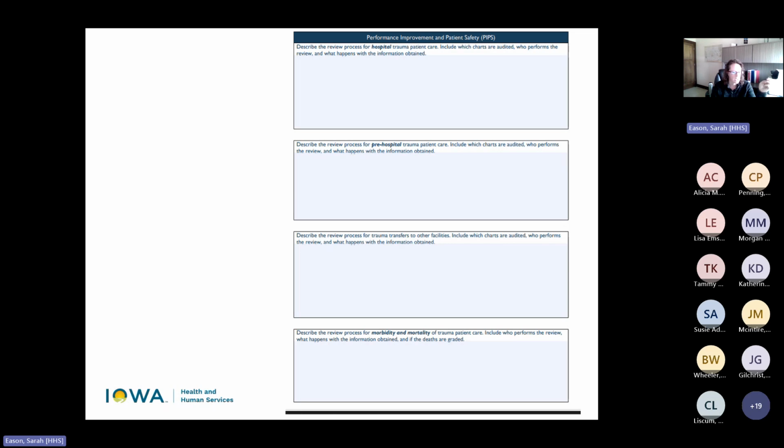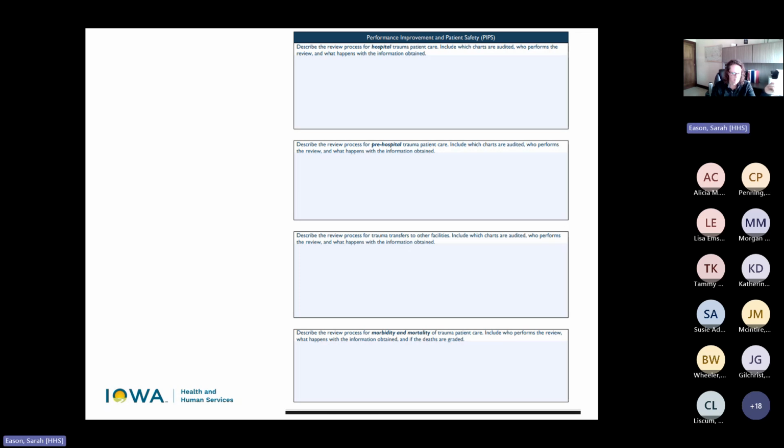The transfer process to other facilities. And again, we know that you're already reviewing these, but you want to talk about here how you've received follow-up, what you did with that follow-up, if you had a new policy that you had to implement, if you got that follow-up back to trauma committee, and then morbidity and mortality. Essentially, this is going to be what you had said on the first box. However, there may be something different that you guys do for morbidity and mortality. Perhaps you get an external peer review that's required if somebody dies at your place. You would want to mention that here.